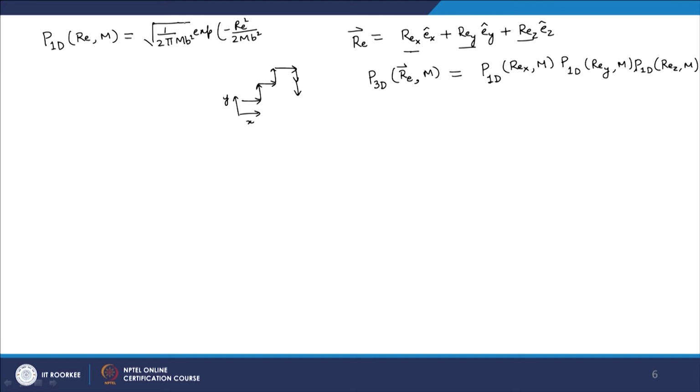So I am putting a b square back here. b was assumed to be 1 in the derivation, so I can write this equation as something of this sort. Now this was for a walk only in 1 dimension, but since we look at the 3 walks in x, y and z, what I will essentially have is P of 3D will be